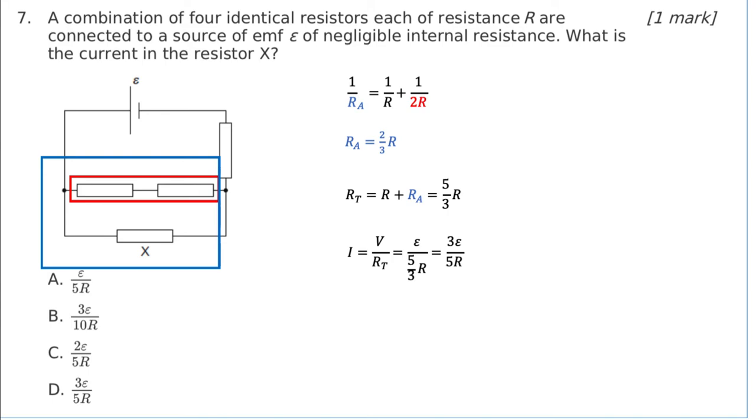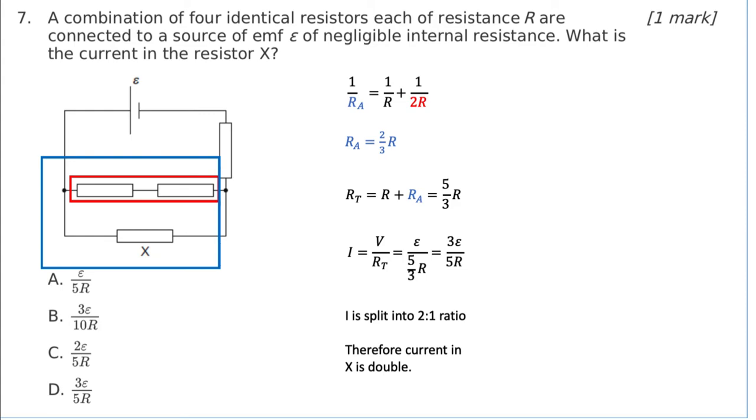That's where you have to identify that the red resistance is double the resistance value X. Put more simply, I is split into a 2-to-1 ratio. Because X has got the lower resistance, it's going to have the higher current. X has got half of the value of the resistance in the red branch, and therefore it's going to have double the current. So what we need to take is my 3 epsilon over 5R and split it up into